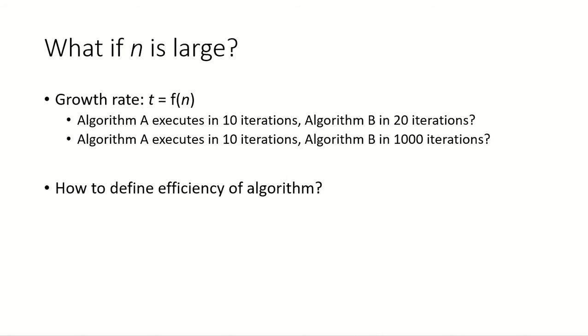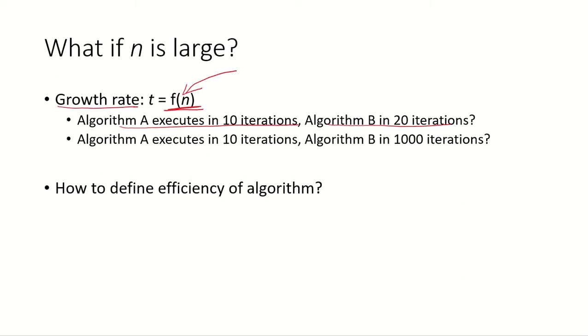We have seen that the performance of an algorithm can be represented by its growth rate, which is a function of n. And n over here is the input size. So if there are two algorithms A and B, and suppose for a given input, algorithm A is executing in 10 iterations and algorithm B in 20 iterations, then we can say that more or less algorithms A and B